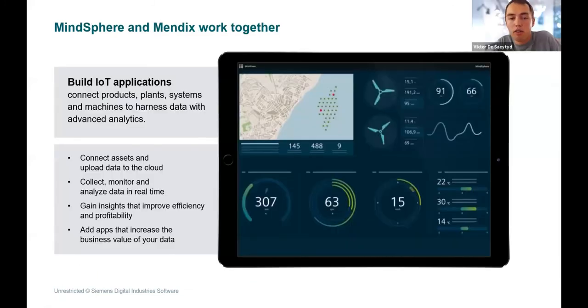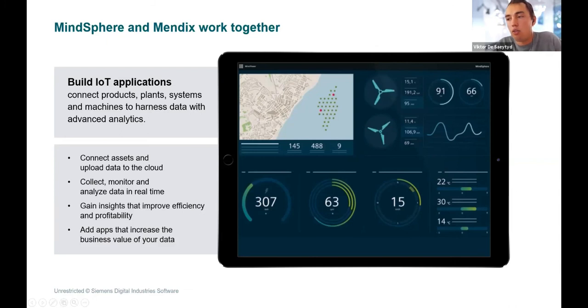And then to conclude, we wanted to keep it short. I think you also saw it in the demo. I think it's of vital importance for our IoT platform that we can contextualize and interpret the data using our low-code development. This is why we integrated MindSphere and Mendix together. And I think that this contributes a lot to getting the right data at the right moment to the right people. So I think this is one of the main things.